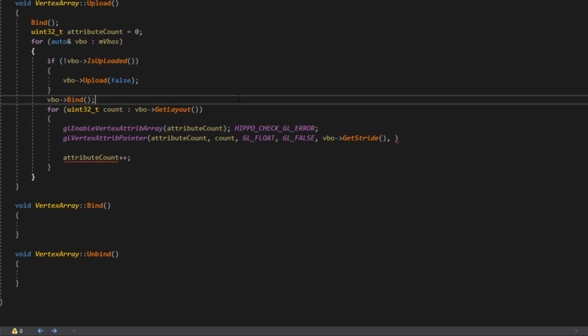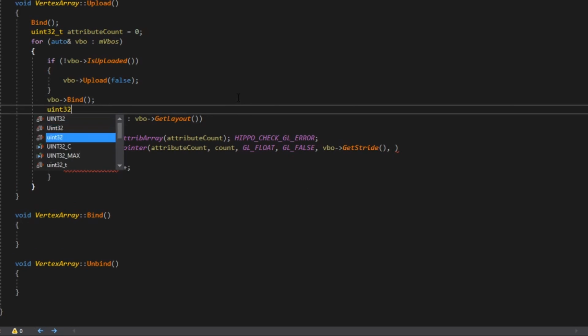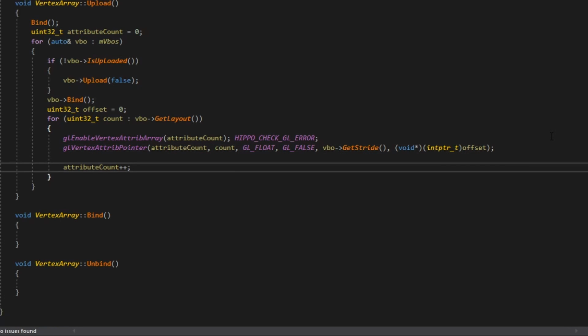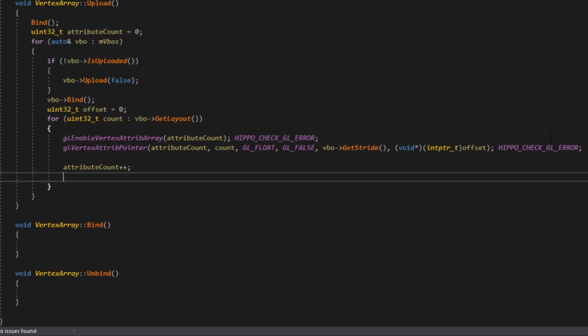So let's come up here real quick and just keep track of an offset. uint32_t offset equals 0. And the first time it'll be just offset. And now this is a const void star. So I have to cast this to a void star and then intptr_t, because pointer sizes might be different based on your system. So you do this, and that'll be our offset. Then, before I forget, call this guy, and then we'll increment attribute count, and then we'll increment the offset, so offset plus equals